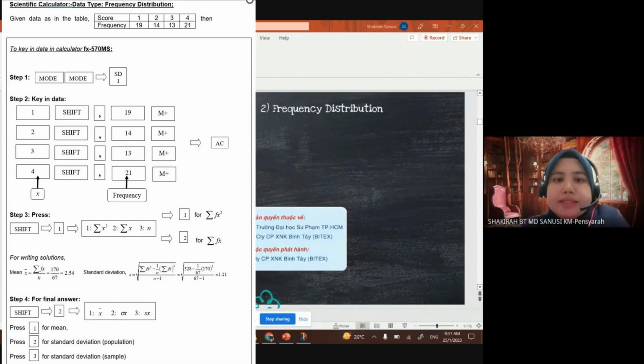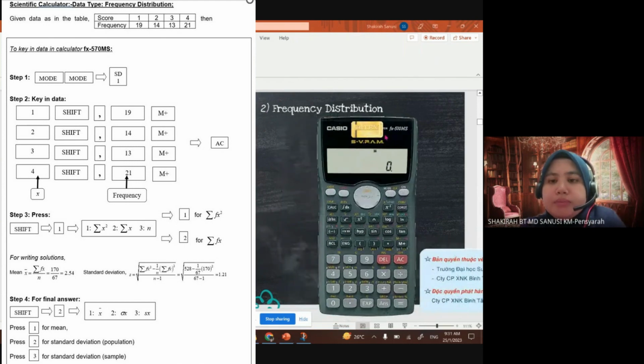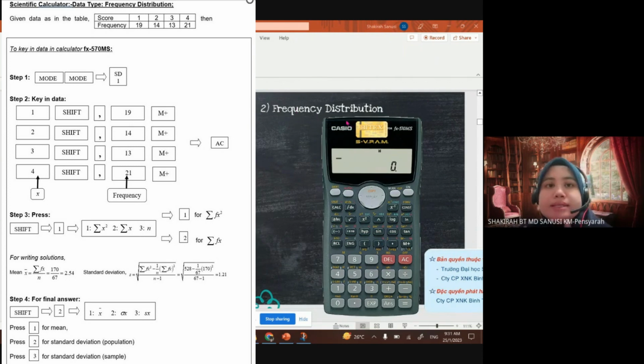Okay, with the same calculator, but now with different type of data, which is frequency distribution, still ungrouped data. Remember, you guys didn't learn grouped data here. So for frequency distribution, you will have data in the form of a table, but this is ungrouped. Your X is score 1, 2, 3, 4, and your frequency is like this. So to key in our data with this calculator